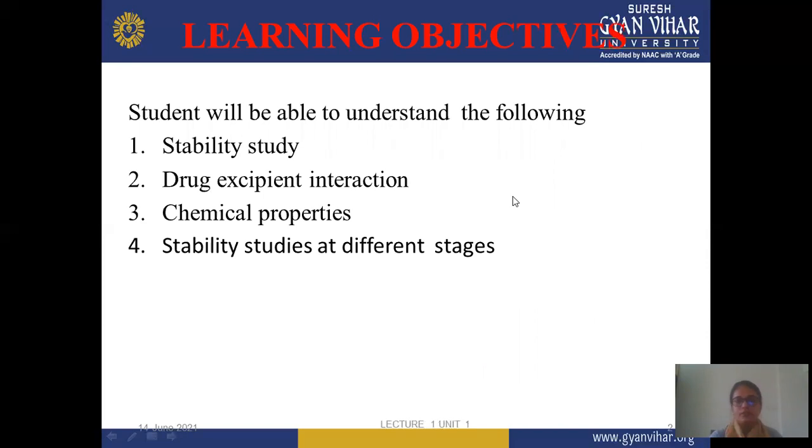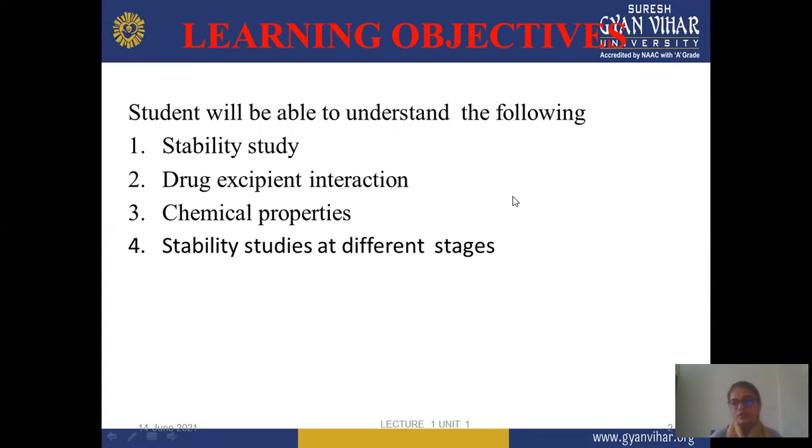In these basic objectives, first is stability study, meaning the definition of stability study, the different types of stability study, and how you perform it. Next is drug excipient interaction. You know that different types of formulation contain different excipients. So with the help of this stability study, you can also determine drug excipient interaction or compatibility between drug and